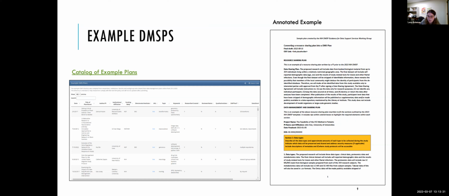The tips were compiled by the primary author of the sample plan as she worked on it, so they should speak to many researchers' real experience when they first try to write the DMSP. In addition to our sample plan, other groups have put out 2023 NIH data management and sharing policy compliant plans. If you search the website catalog, these are listed with the note NIH 2023.